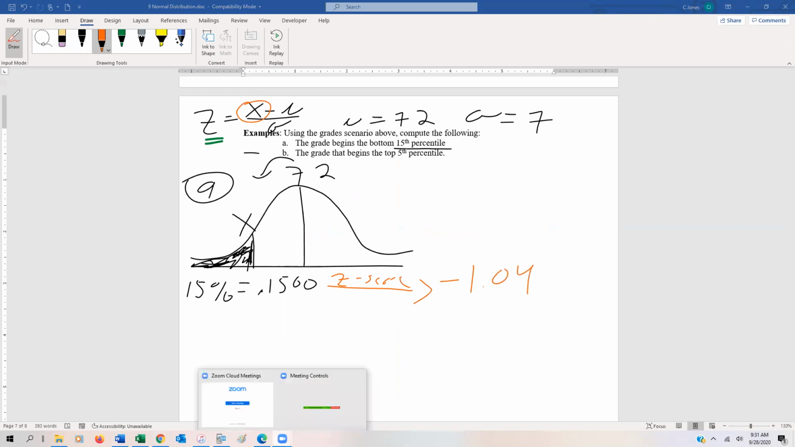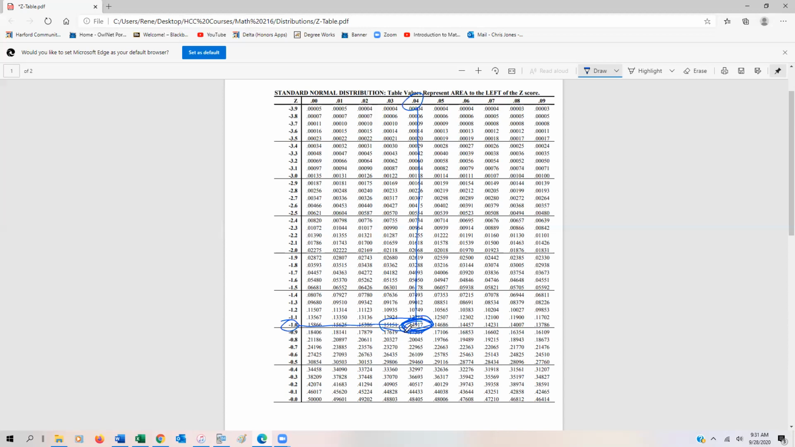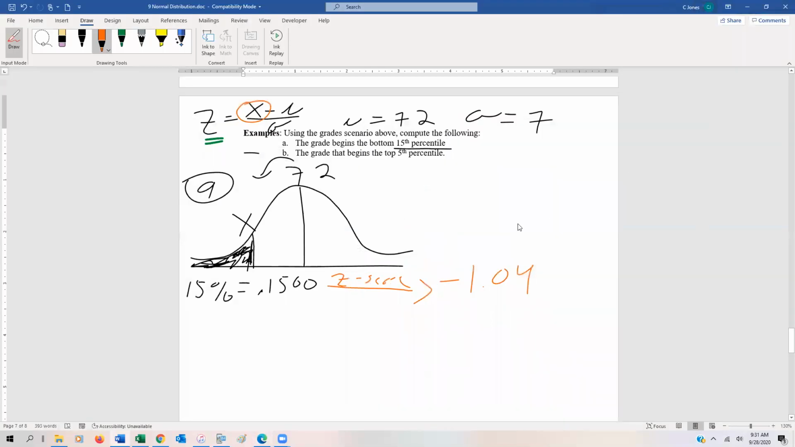All right, so again, look into the chart, and you're just looking up as close as you can to 0.1500, bottom 15th percentile, and then you're lining it up. You're going the other way of crosshairs. So it's like an inverse. You're doing the reverse. Well, now that we know what the z is, now we can substitute it into our